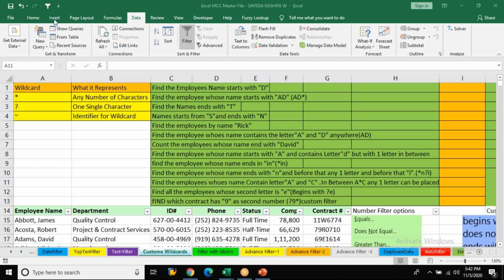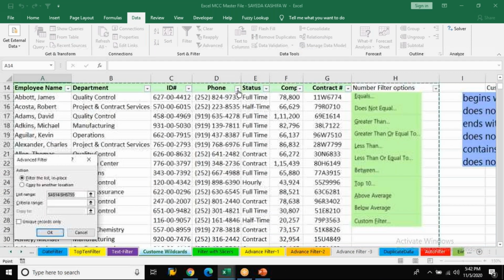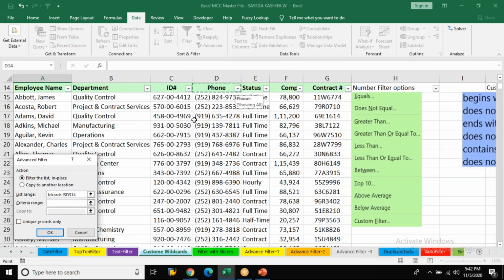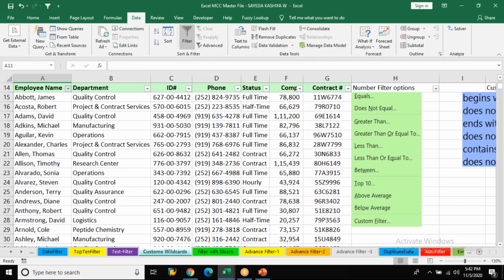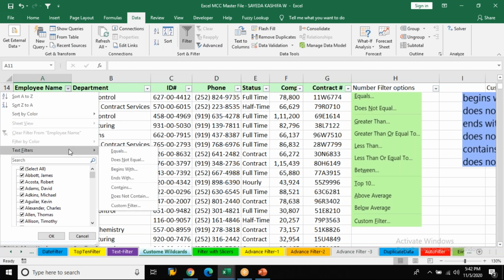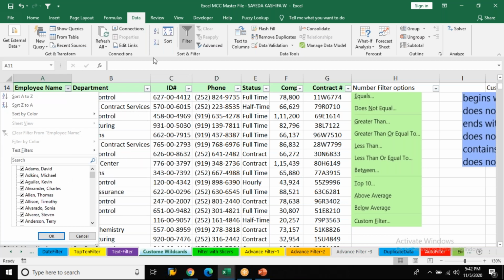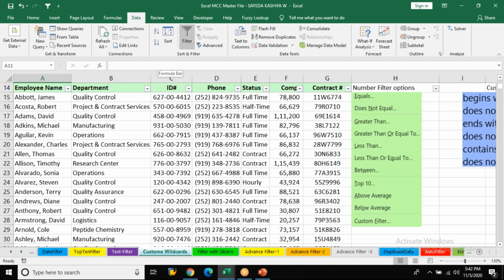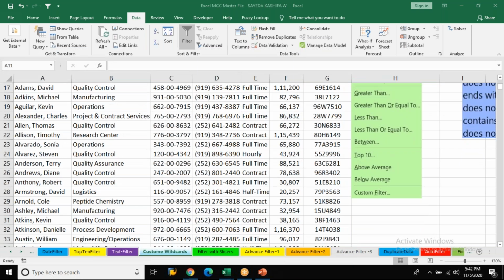So that's how you have to go to data and click on advanced filtering. And when you select one of it, you again have different types: sort A to Z, sort by color, text filter, so many different types of filtering. So that also they can ask you. So you have to basically do a complete post-mortem of Excel features, the commands, the formulas, the shortcuts, the function definitions, and all those things. You have to be completely thorough about it.